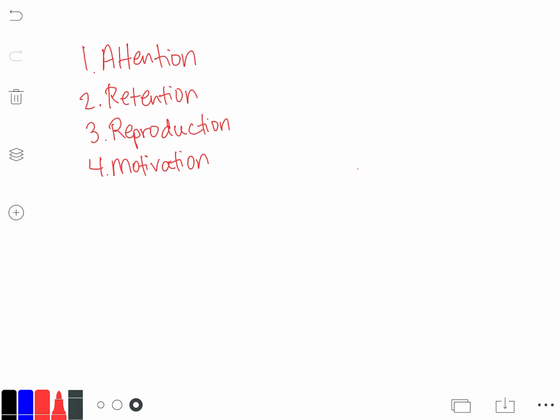Okay? They hear me say it. He hears me say it. He's paying attention. He has noticed something in the environment. Now he needs to retain this. He's got to remember what was said and in what context it was said. Then he's going to reproduce this behavior, usually in the worst possible setting, right in front of, like, a nana